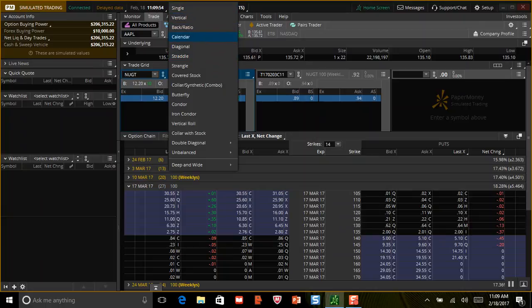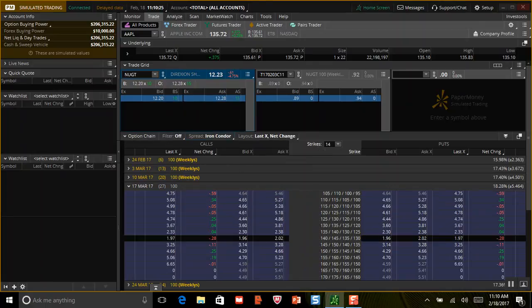And the cool thing is, if you're brand new to investing and you have a neat little trading app or a broker like Thinkorswim, and you see all this, like, what is a collar or a butterfly or an iron condor? Well, you can go on Google search, look it up on YouTube, and you'll find at least 1,000 videos on any of this stuff. So it's a great learning tool. And then once you watch those videos, you can try it. So if I were to click on iron condor, for example,